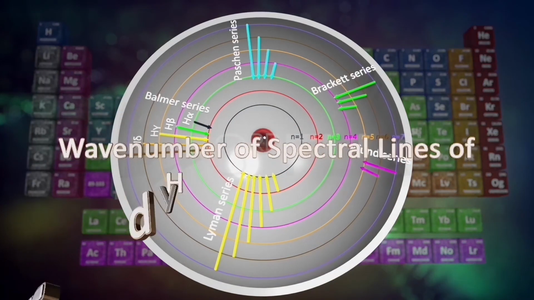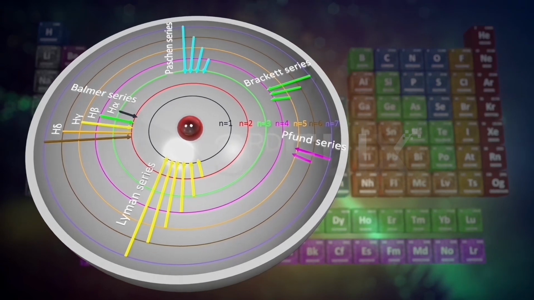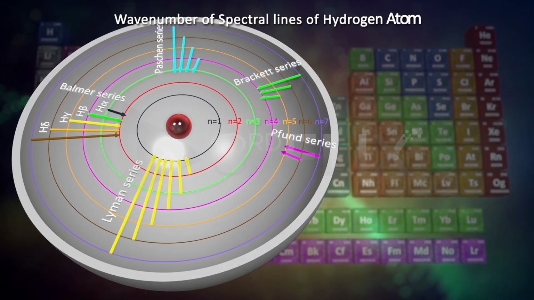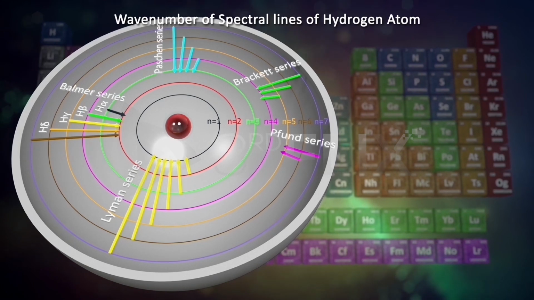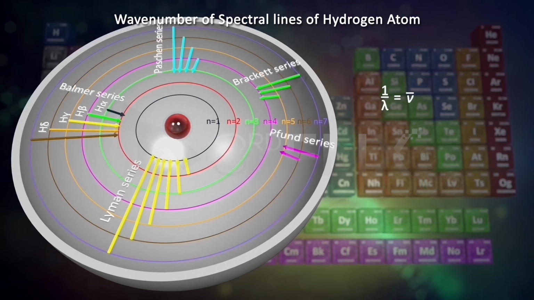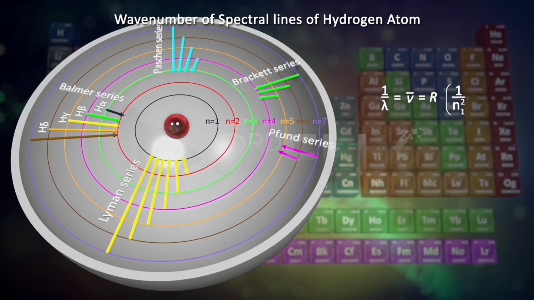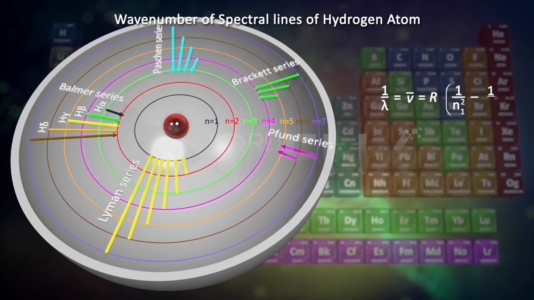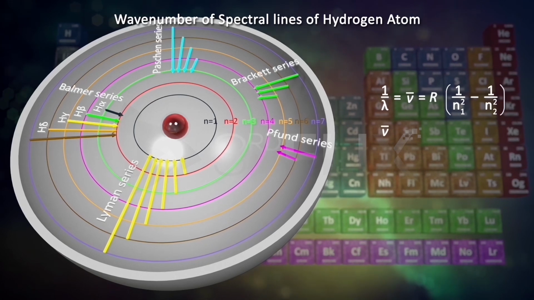Wave number of spectral lines of hydrogen atom. The wave number of a spectral line of any spectral series of hydrogen atom is given by the expression 1/λ = ν̄ = R (1/n1² − 1/n2²), where ν̄ stands for wave number,